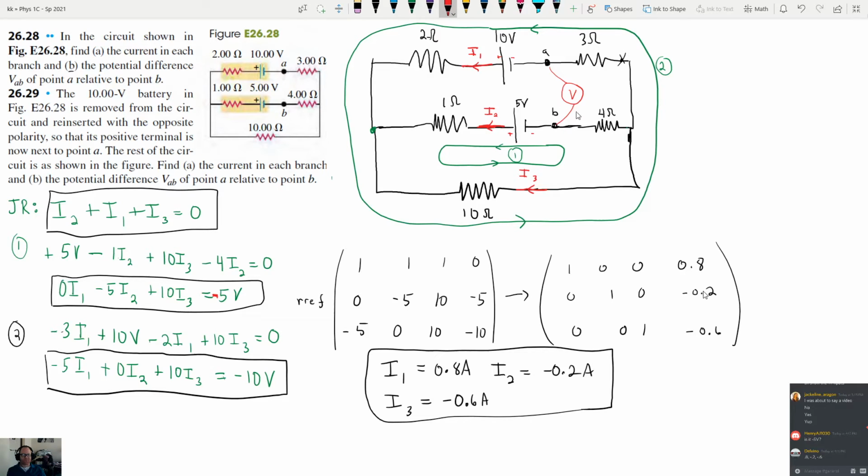So here is my method for doing this. This is actually really simple. All you need to do, what do we want? Point A relative to point B. So pretty much, okay, wait, let me think about this for a second. VAB, right? When they say VAB,